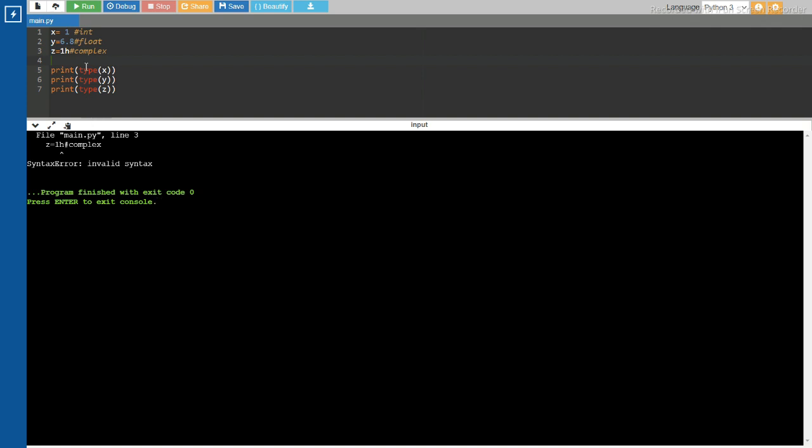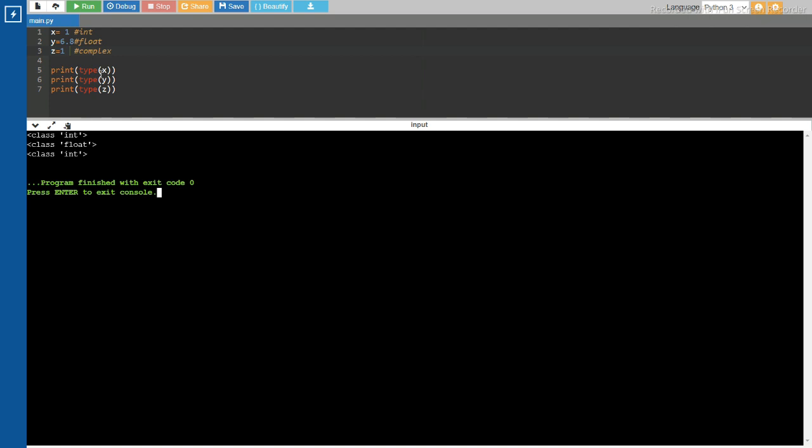See here, there is an error, invalid syntax. Where is that invalid syntax? Let us check once. Line 3 is showing an error. One second. See here friends, as we typed that complex hashtag, there was an indentation mistake.